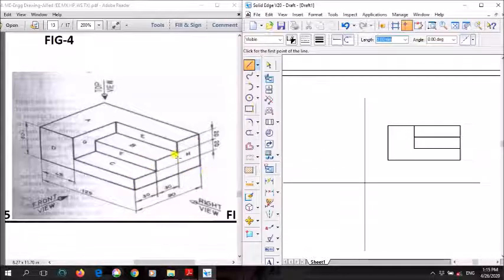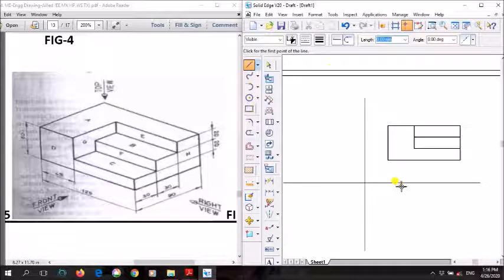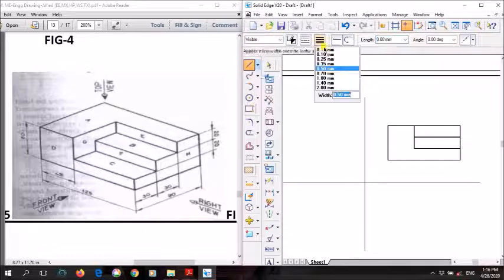First we'll draw that, and after that this part is visible. First we'll draw only this part here. What is its length on the right side? This width is 90 mm. First what you can do is use a thin line only.